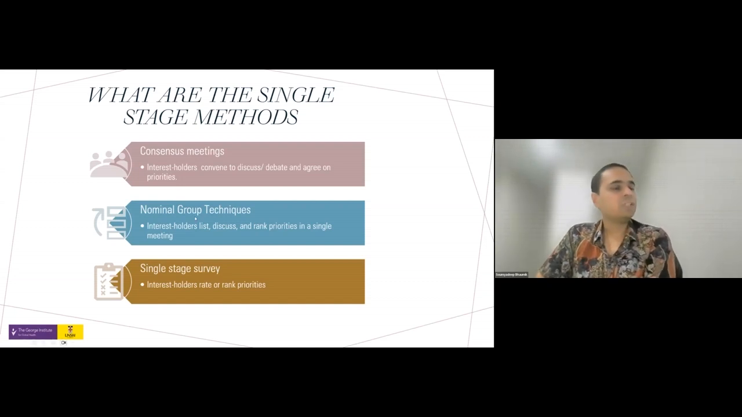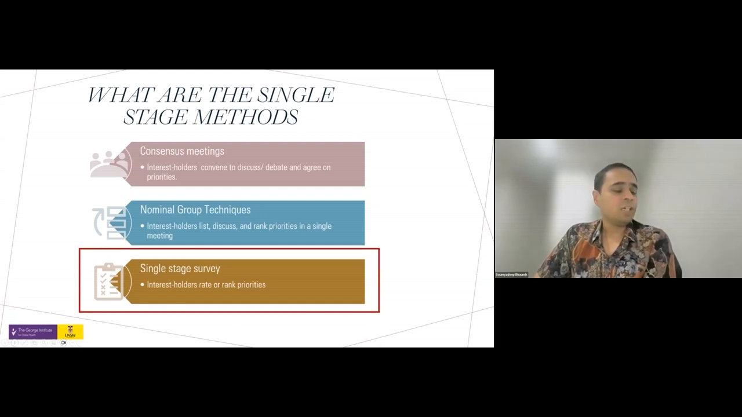Nominal group technique is also quite good, but it often has limitations in the number of people that can be involved because of the nature of how it's done. So there are pros and cons of each approach. What I will be talking about a bit is how we worked on a single stage survey for